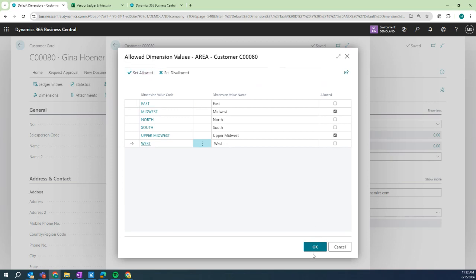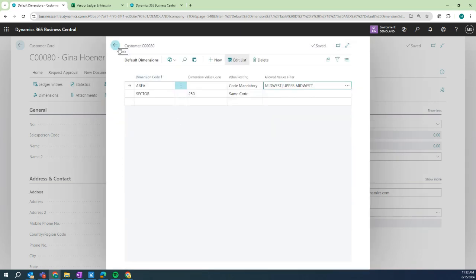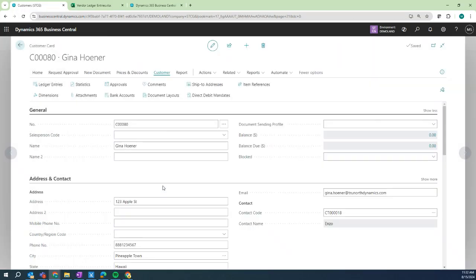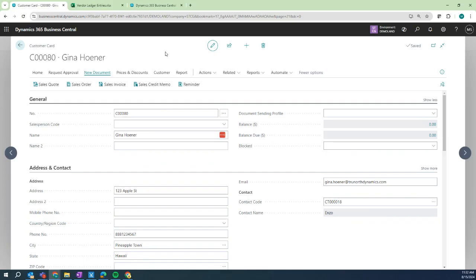And we'll push OK. And I'm going to go back. You can see it assigned those here. And now I can create that transaction with Gina. If we're already on our customer card, we can come here to new document and you can choose which document